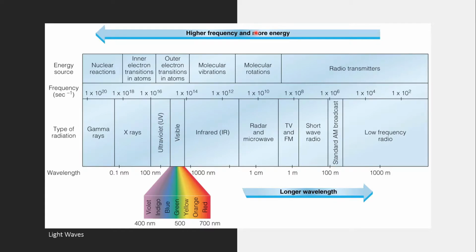The reason behind that is that because the wavelength is much lower, you've got a higher frequency, and what that means is that you've got a lot more waves impacting the object in a given time, and that means that you've got more energy being transferred at that point, right? And that's why you've got a higher frequency and a more energetic wave, or more energy is being transferred at this point,